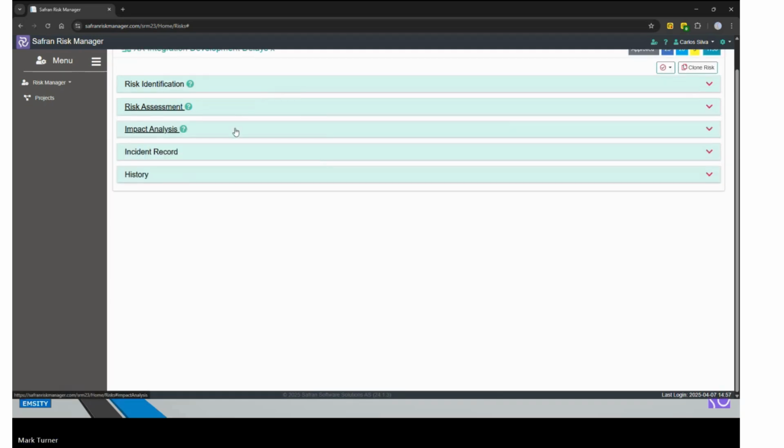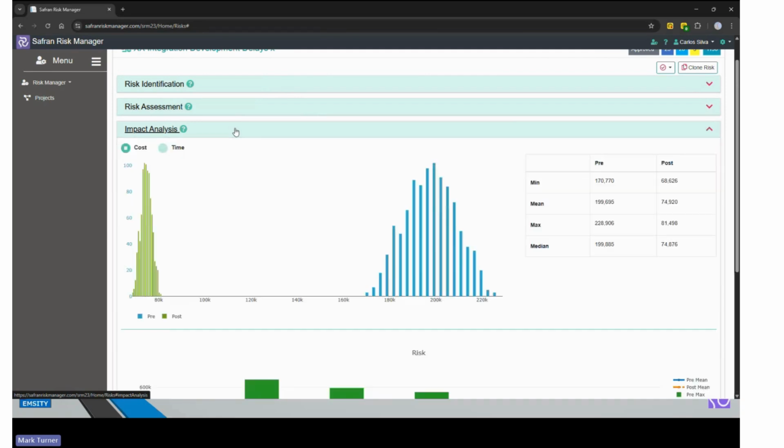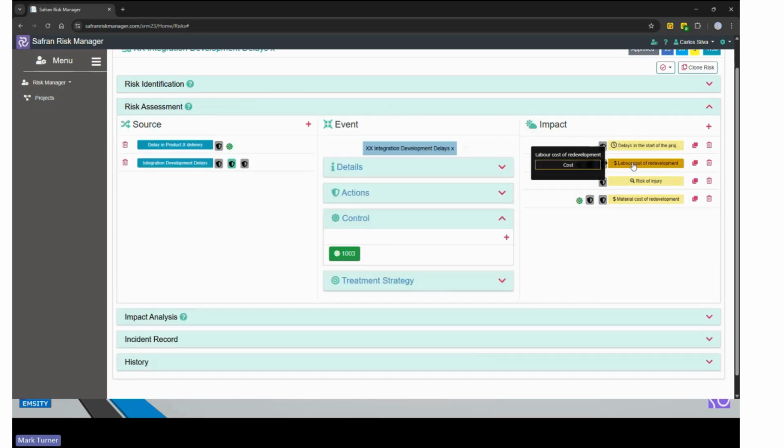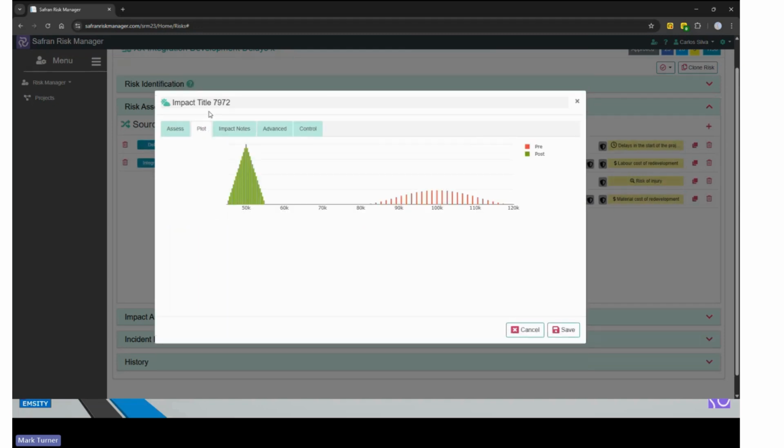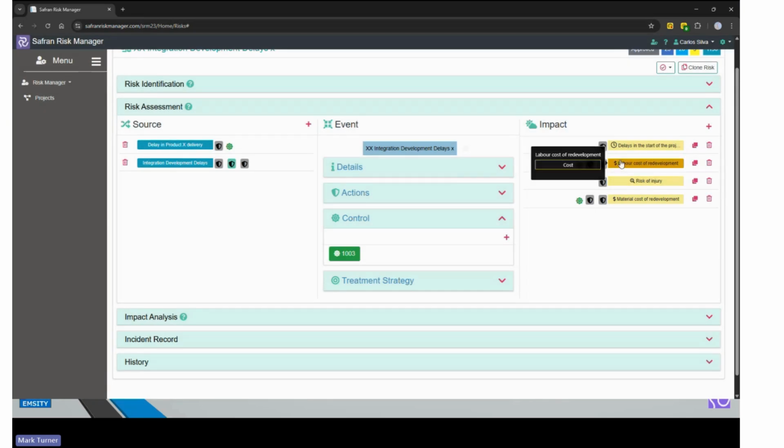And then once we've done that assessment, one of the things we might want to look at is what is our analysis overall. So this essentially reproduces the total impact of the risk. So I've shown you just before a plot of the data. This is one individual impact. So this is the single cost impact. But one thing you'll notice on here, I have two cost impacts. I've got a labor impact and I've got a material impact. Now, how do we add those two together?